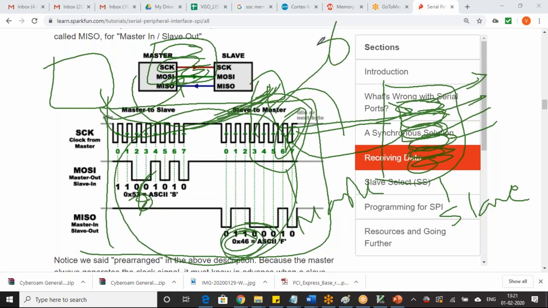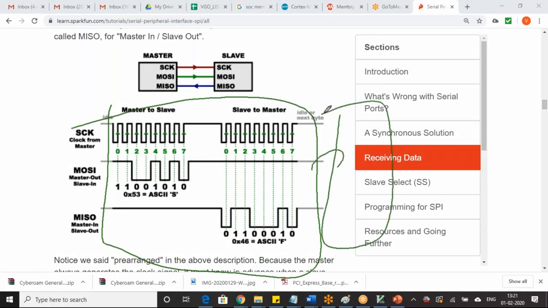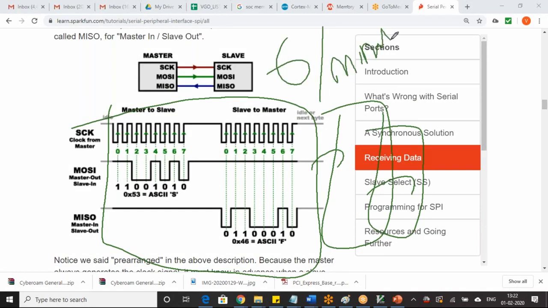Let me again repeat. We will do 6 such things, again one more like this, again one more like this. Totally how many will we do? 6 per minute. Are you understanding what that means?